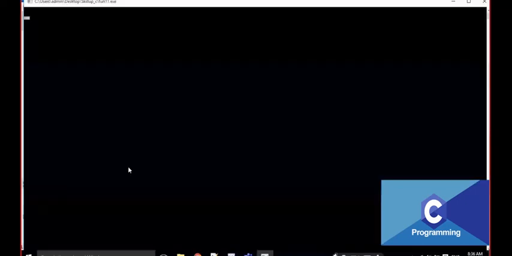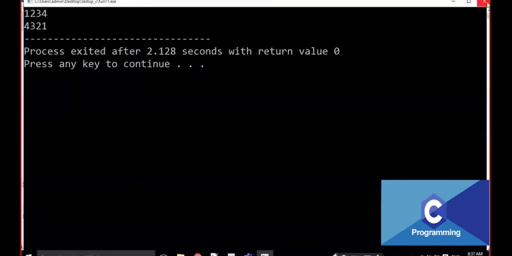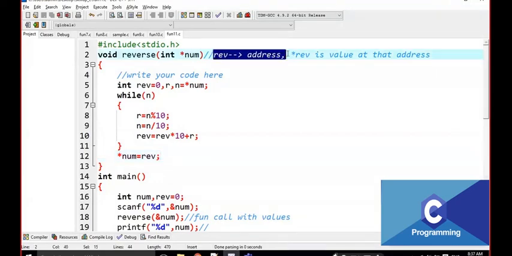If I execute it and give the value, the output is 4321. Very simple, right? We have to write the logic based on how the program is asking. In this way, we deliver the program. Just note it down. This is also a good one.